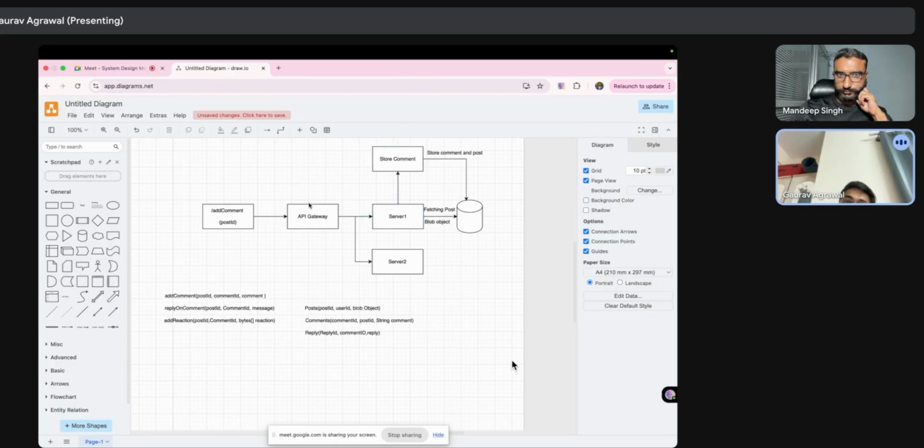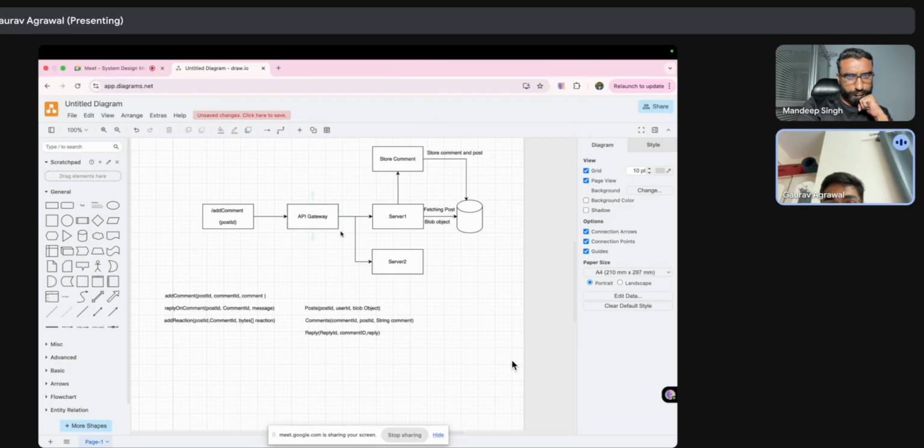Basically, after identifying the particular server, if in between the packet or the command gets lost before reaching the server, before saving it to the DB, in that case we could have some validation at the API gateway side, just to check whether the request is successfully executed or not.